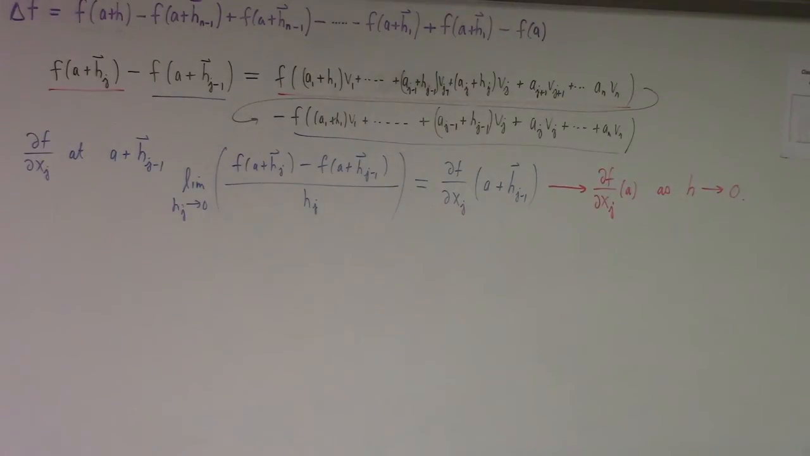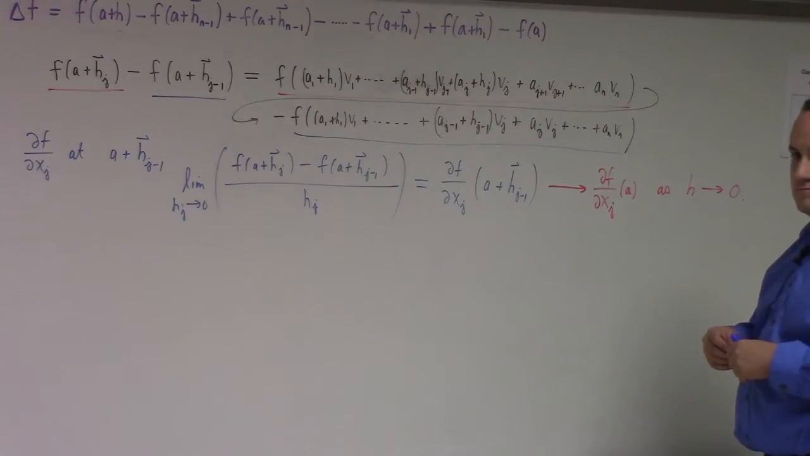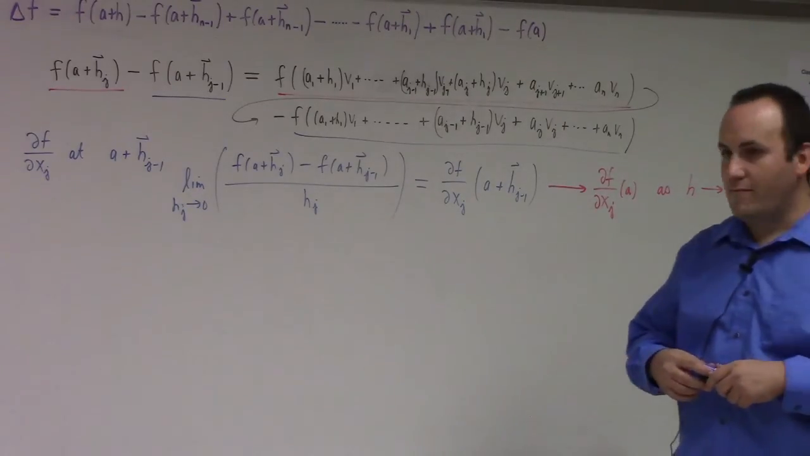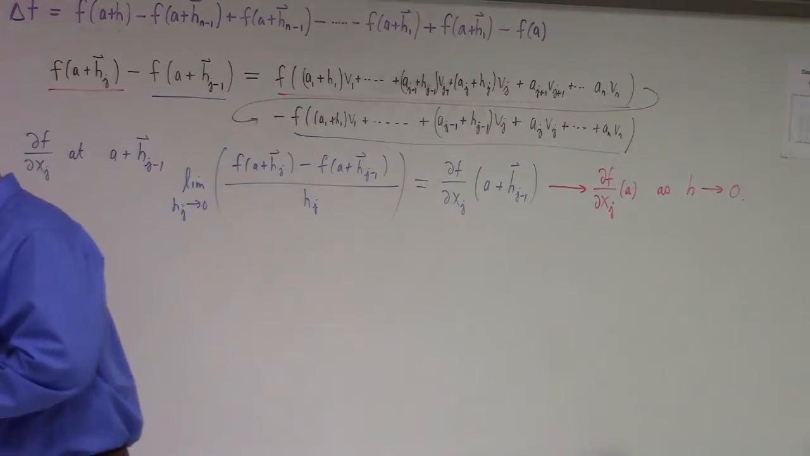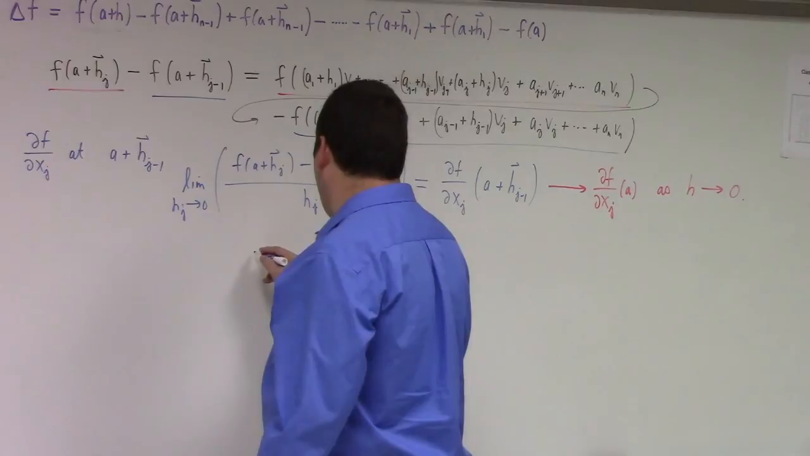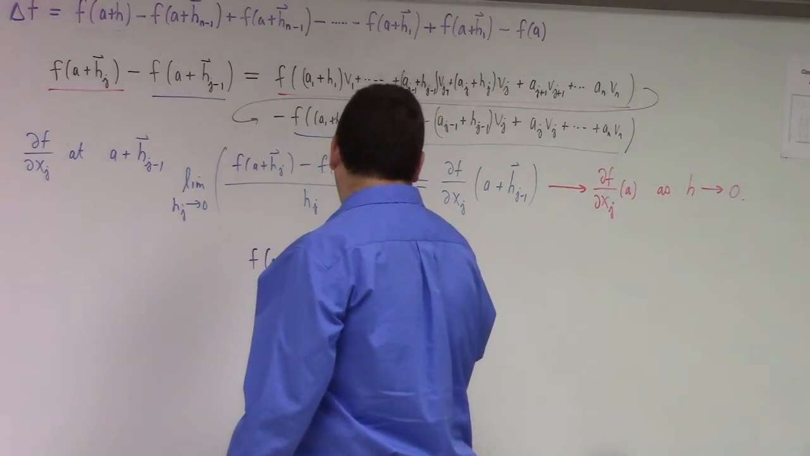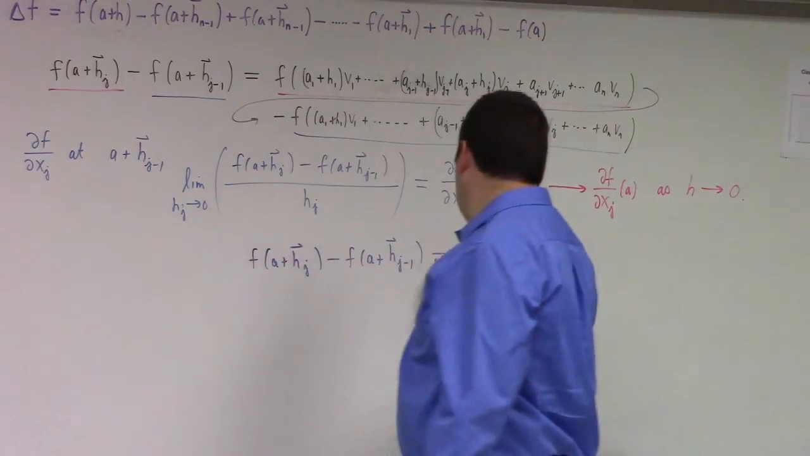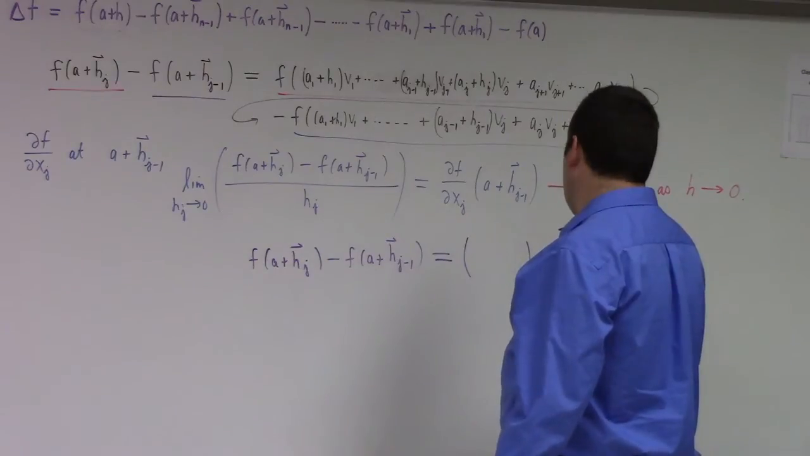So, how do we convert statements about derivatives to statements about actual changes in a function? What theorem from Calculus 1 is the tool we want to use here? Let me be a little bit more explicit. I want us to be able to write f of a plus h sub j vector minus f of a plus h sub j minus 1 vector is equal to some quantity